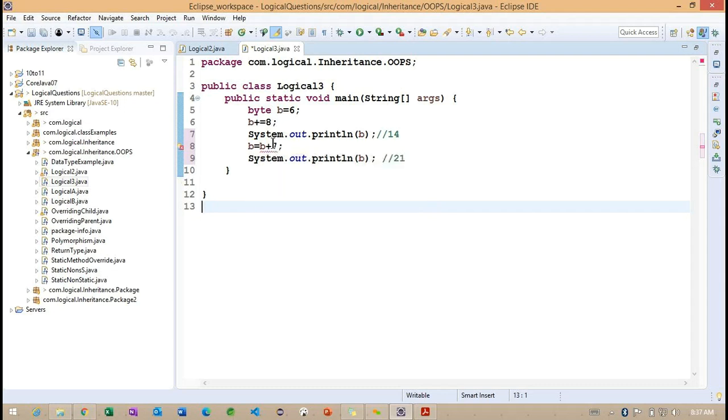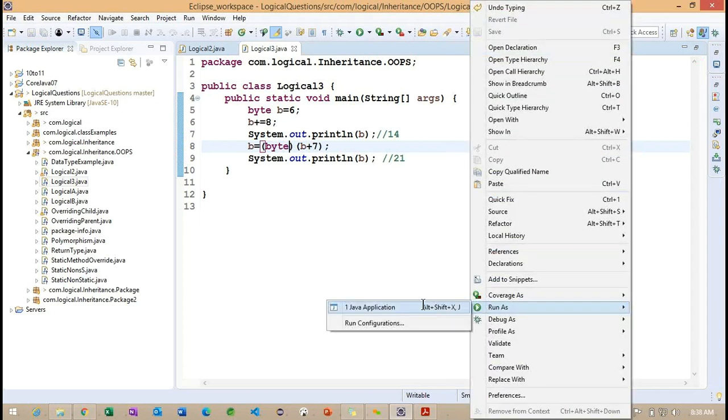Whenever we work with a simple number, we already identified that it is taken as an integer data type. The problem is that we cannot convert integer to byte directly. We need an explicit conversion, because compared to byte, int is a bigger data type. So this section gives a compilation error. To convert into byte, we can get the particular output.